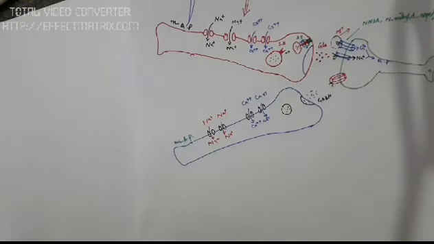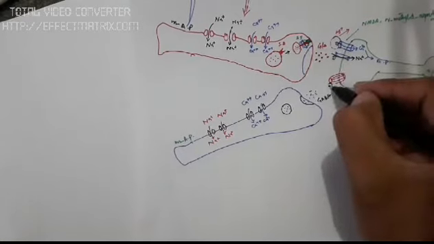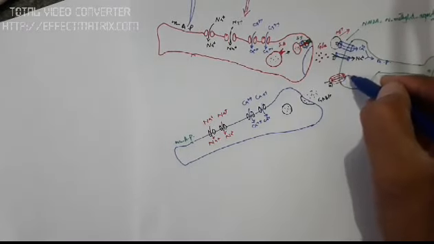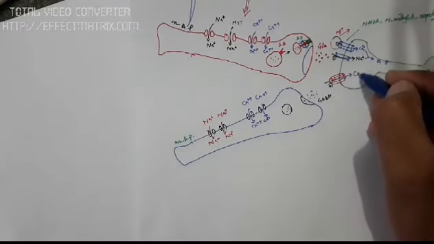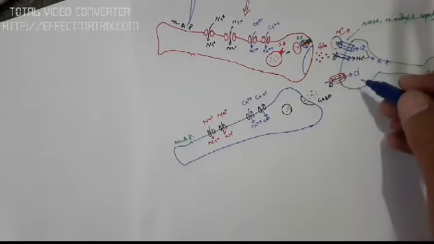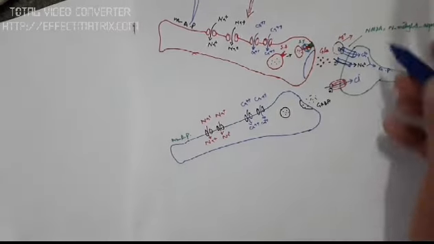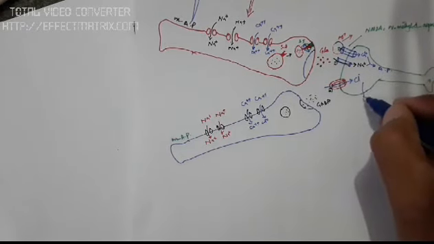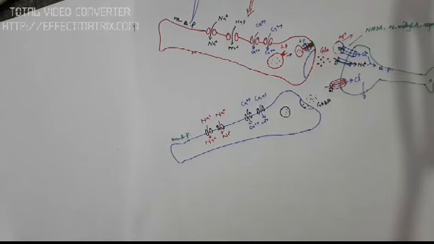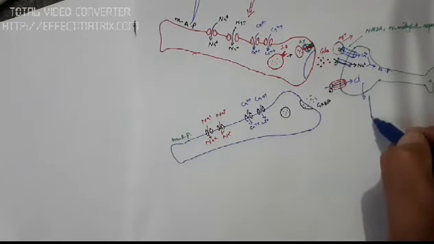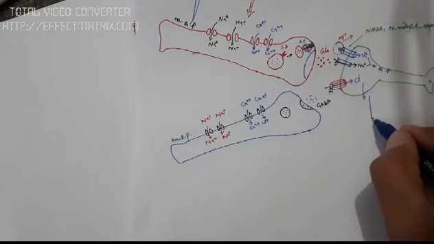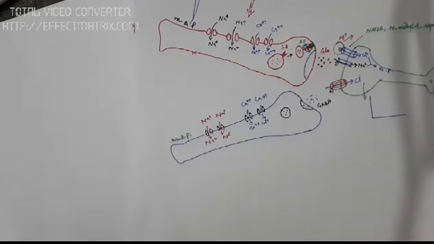When the gamma amino butyric acid binds over here, it will cause the opening of this channel, and when this channel is open, it will throw chloride ion inside this neuron, so this neuron will be hyperpolarized. Can be shown over here. This neuron will be hyperpolarized, and it will not be activated by the glutamate or any other